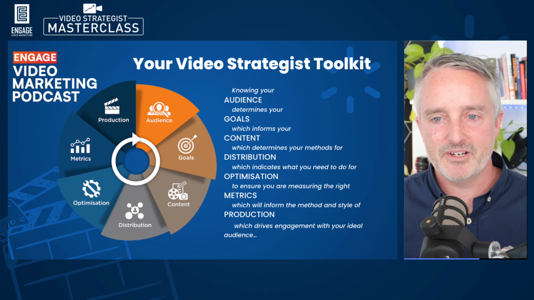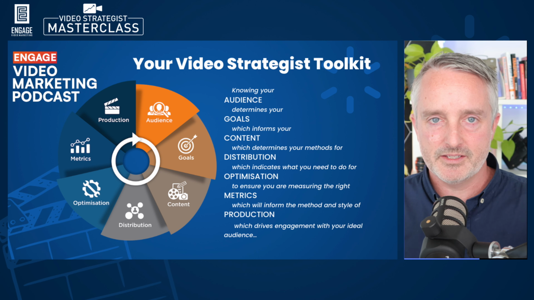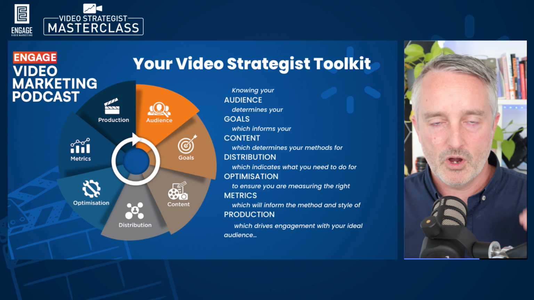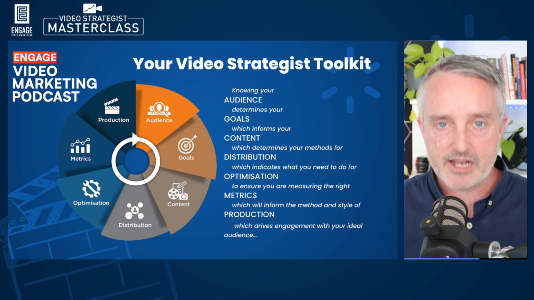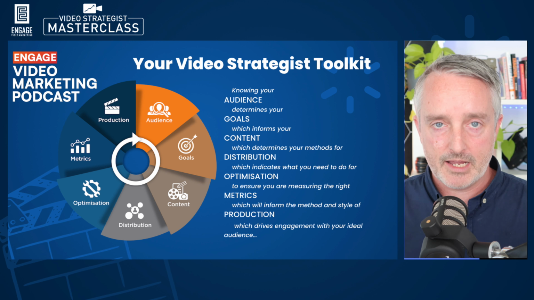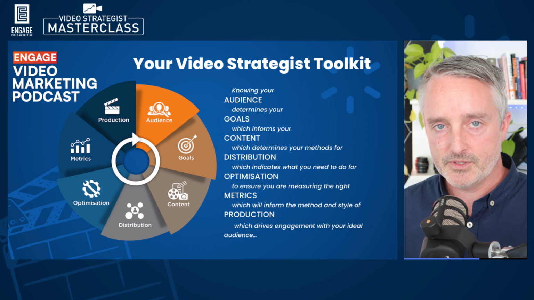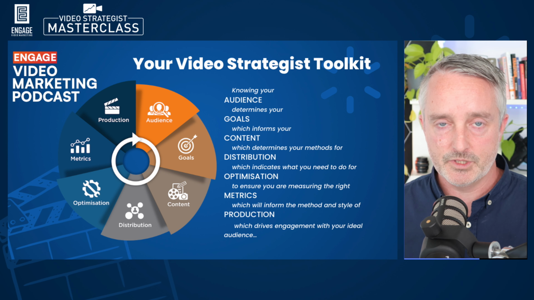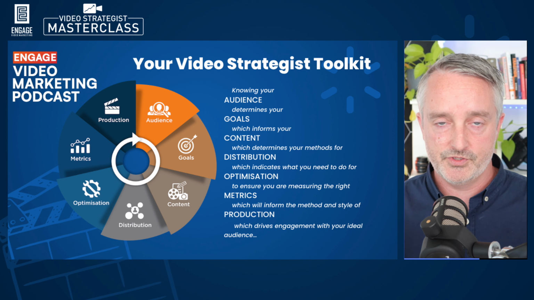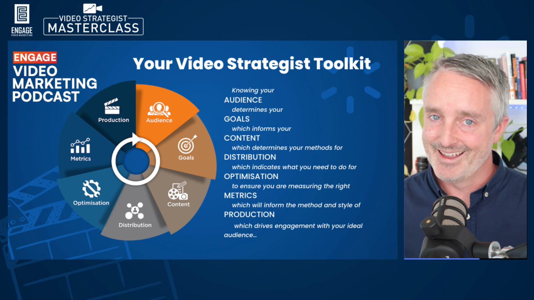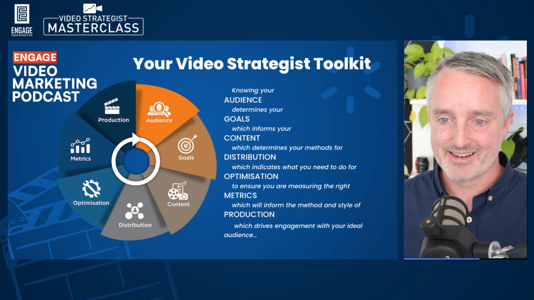All right, so the 7 elements, we've talked about audience, we've established some goals, we've got clear on what the content is that we're producing, and today we're going to discuss the distribution. And this is about how you actually get the content out there on the right platforms in the right way. The next episode, we're going to look at optimization, which is about even when the content is on those platforms, how do you make sure that the right people see it and engage with it? And that's critical, but we'll get to that in the next episode.